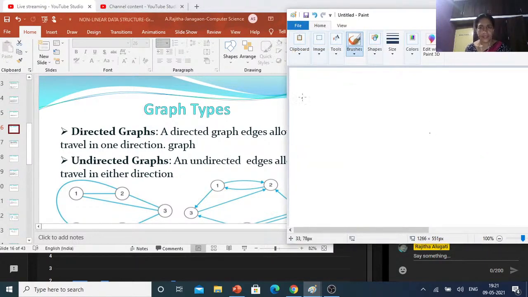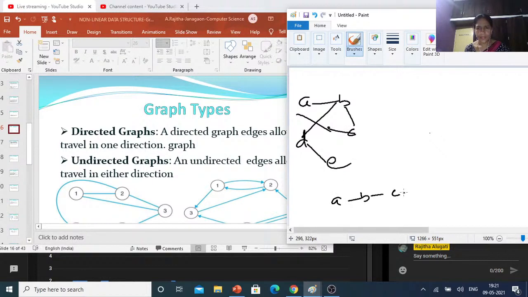Here suppose A, B, C, D, like this, E. Suppose you can find the path from A to E: A, B, C, then A, D, then A, B, D, E. I am writing like this, A, B, D, E. Suppose A, B, C, A, B, D, E. So this is also one path.